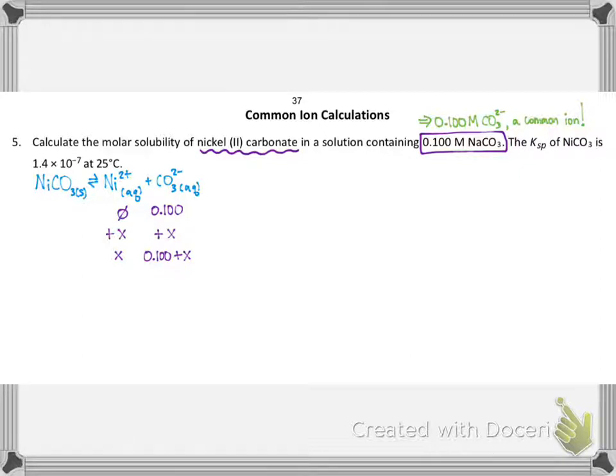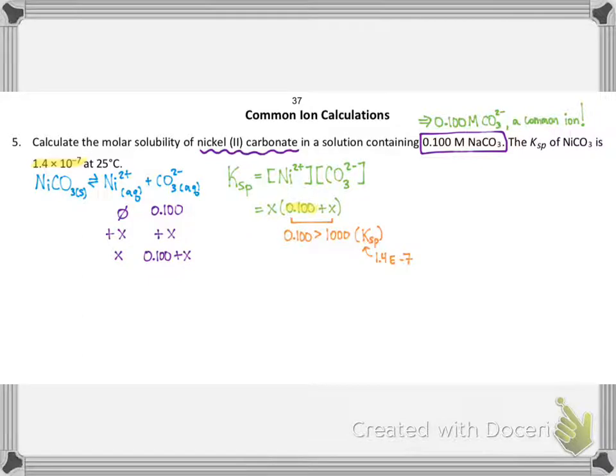So now we can go ahead and plug into our Ksp expression. Now when you plug in for Ksp, you get X times 0.1 plus X. You might be thinking, wait a second, isn't this like those circumstances where I can make some approximation? You would be right. And in fact, what you're looking for is an initial concentration, in our case, 0.100, that is more than 1,000 times greater than the Ksp. Well, the Ksp of nickel 2 carbonate is pretty dang tiny, so 0.1, while small, is definitely more than 1,000